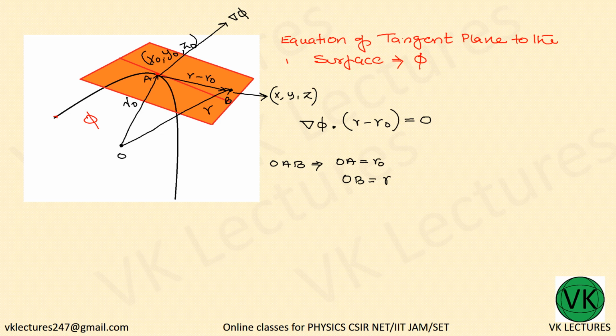In this triangle, when you apply the triangle law of vector addition, you can know that r minus r naught will be equal to AB, which is a vector. And del phi dot r minus r naught, because we know that del phi is normal to the plane, while r minus r naught is parallel to the plane,